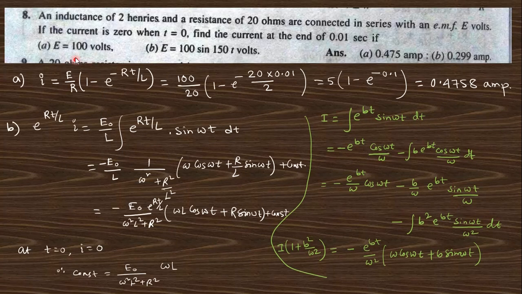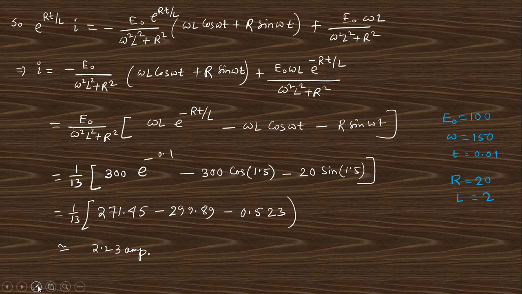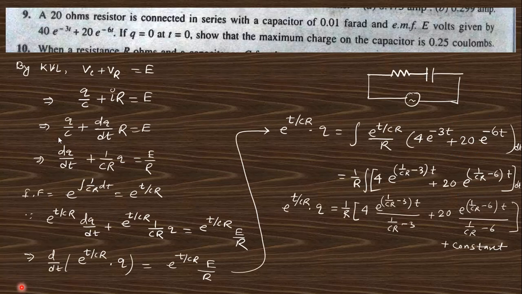Next, an inductance of 2 Henry and a resistance of 2 ohm are connected in series. This is the same type of question, so just use the previous formula we got and you get the answer, and similarly you will get this integration. This is the same integration; you just solve it and you will get this answer like that. Okay, next, a 20 ohm resistor is connected to a capacitance, this is R, this is C,